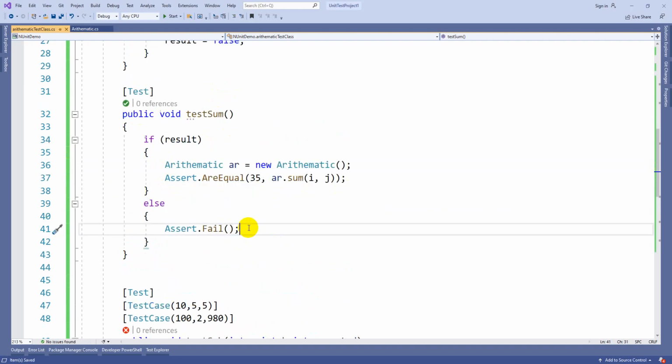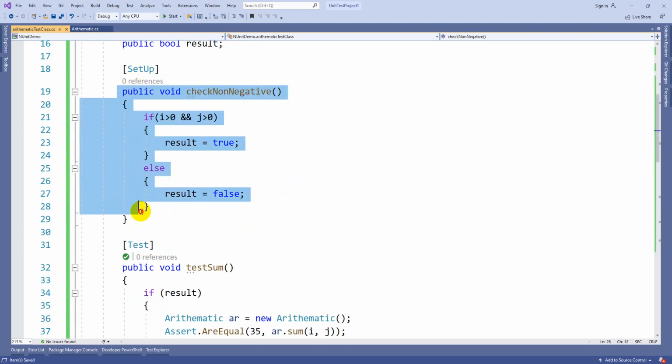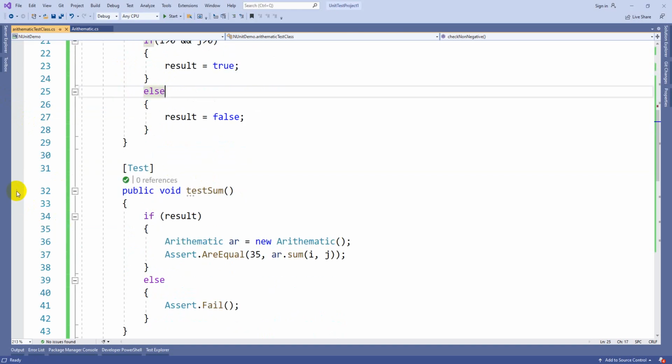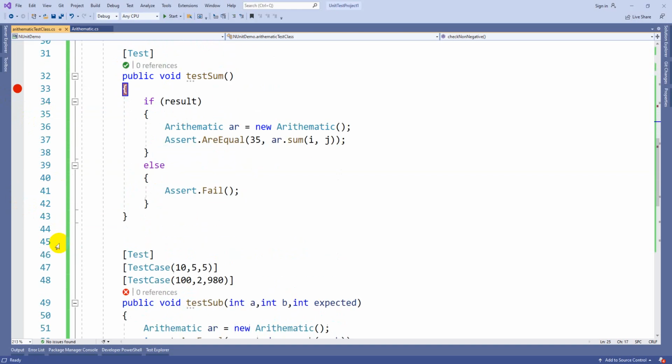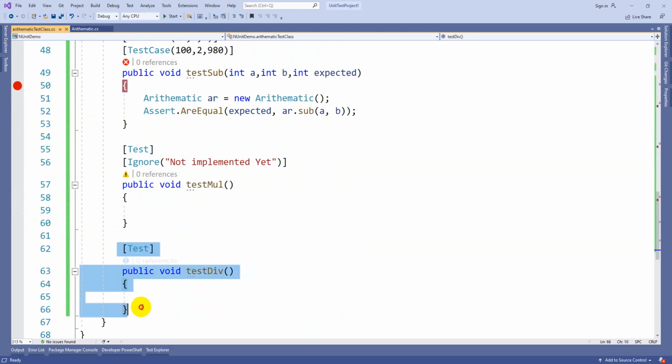So here you need to understand one particular point. Whenever you want to execute any functionality before executing the test case, you can add an annotation called SetUp. Now let's keep a breakpoint and show you. Let's not go for a division this time.